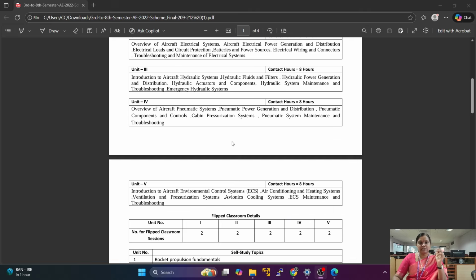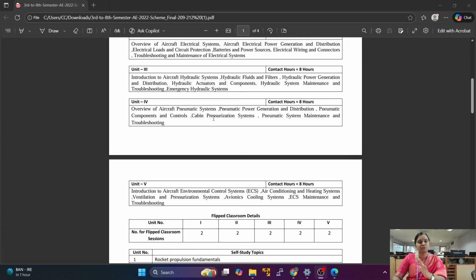The fourth unit, as I told you, deals with your pneumatic systems, and this also extends to the maintenance of the aircraft systems within the cockpit and even in the cabin. Once an aircraft has landed, it really needs proper maintenance so that it is ready for the next flight. So unit 4